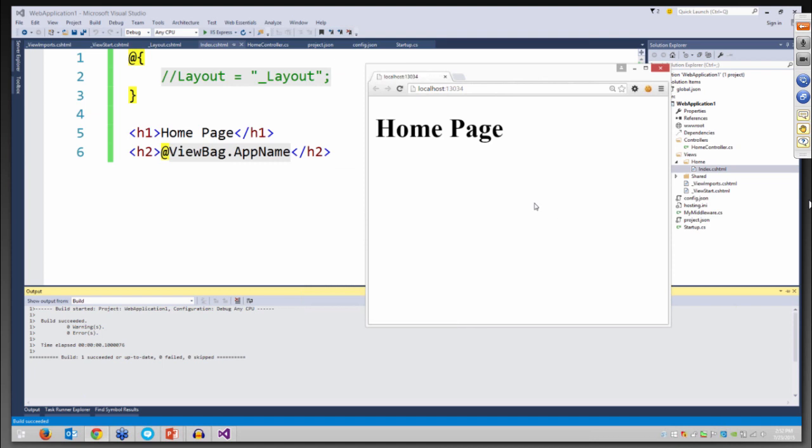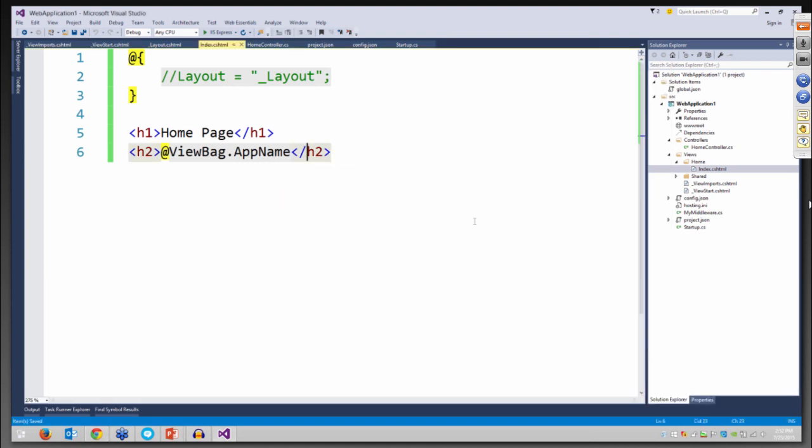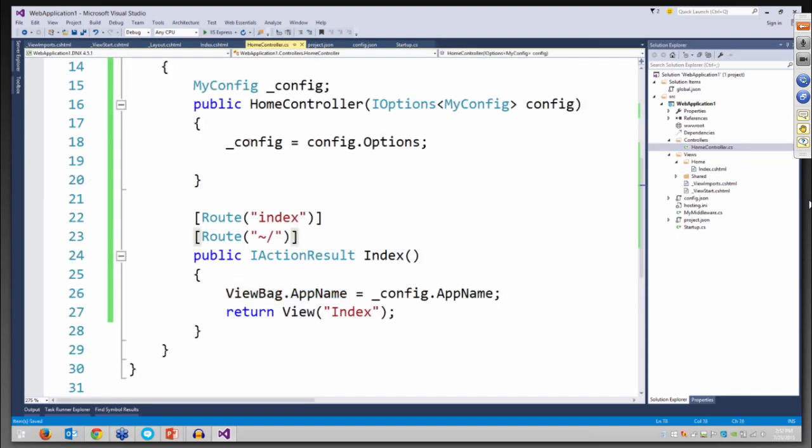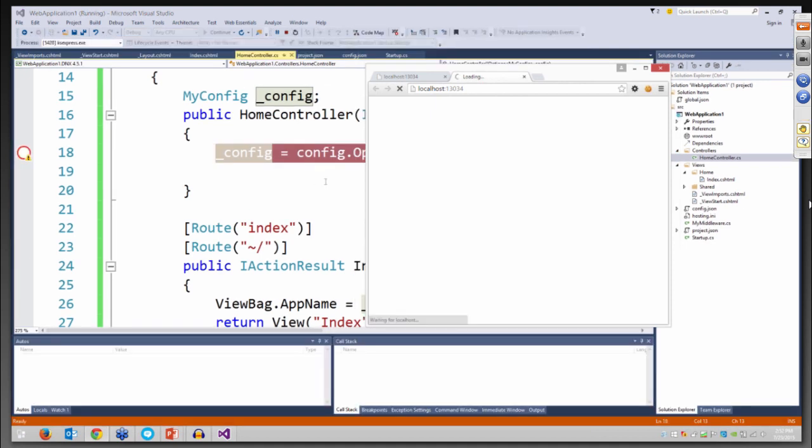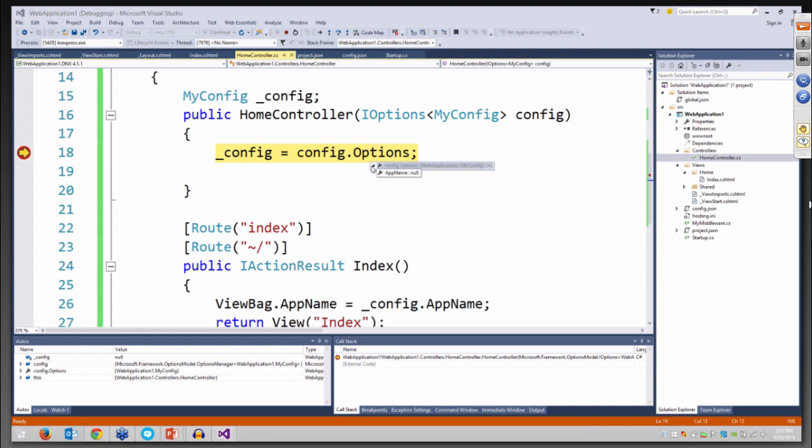And it did not work. Why is my app name not showing? ViewBag app name, my controller. Let's put a breakpoint here to see if that worked. So this is here, and it's called, ooh, it's null. Did I mess up my